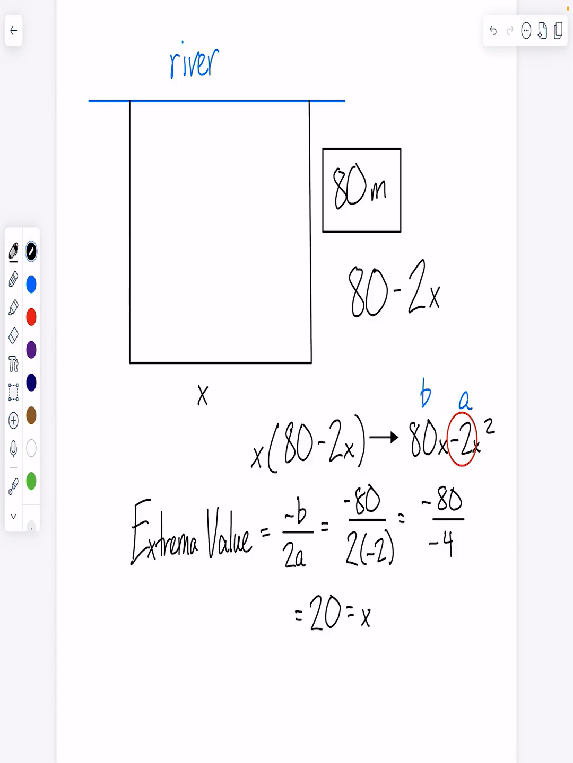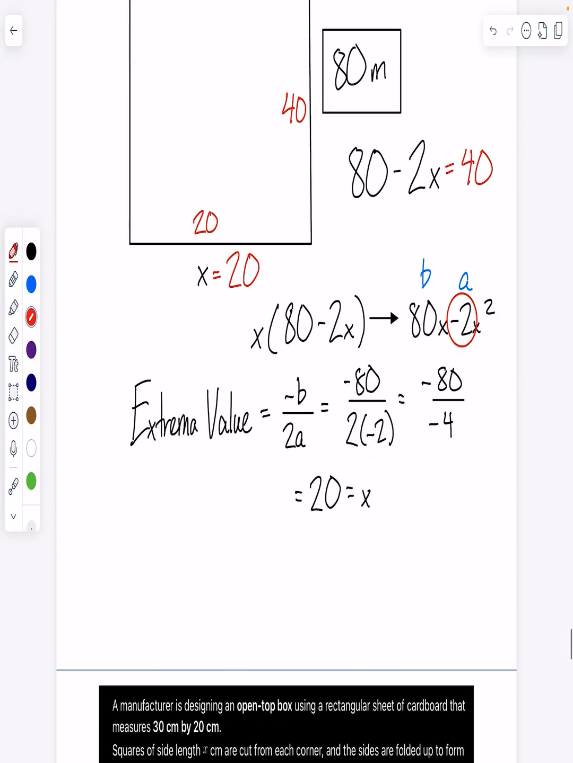In that case, I'm dealing with 20, which would go in for my x value, and then my 80 minus 2x, which is defining my side lengths, that should compute to 40. So I'm dealing with a 20 by 40 fencing situation, right? And that would provide me, if I plug in 20 back into my full function, I should get the maximum